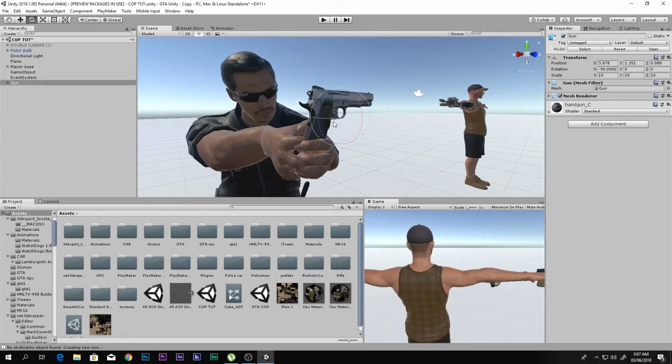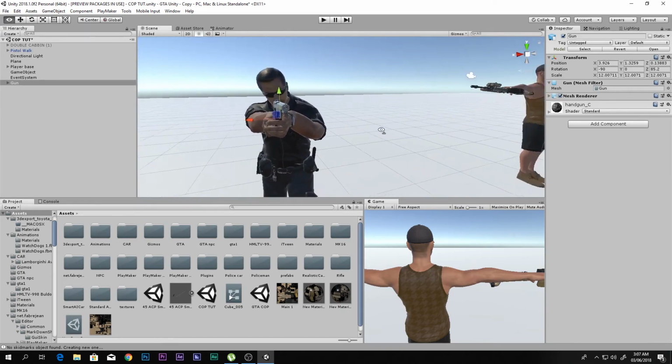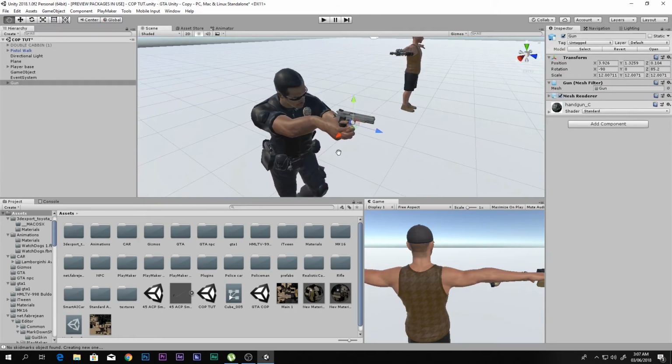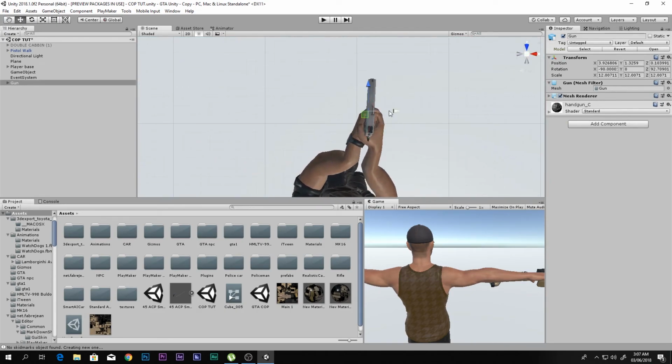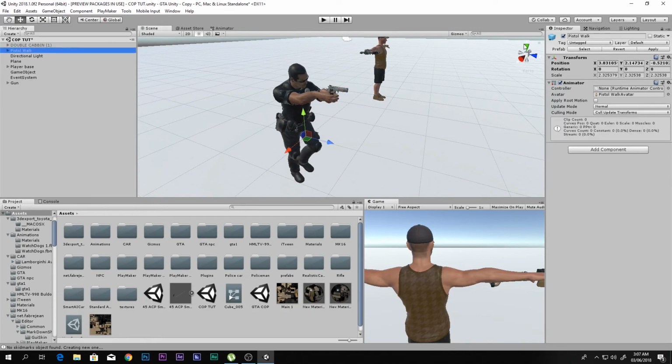Then press F to focus in here. I'll make it 90 degrees. It's already 90 degrees. Great. Bring it here somewhere, make it a little bigger and pull it down, and there we go. Awesome, looking good. There we go, set perfectly. Now we're going to go to the pistol walk and rename it to